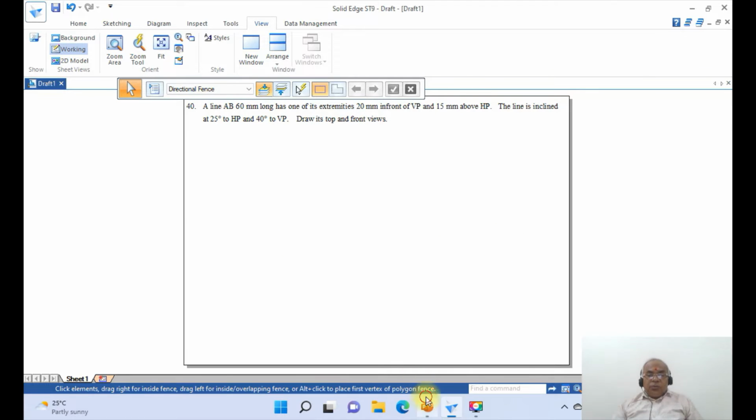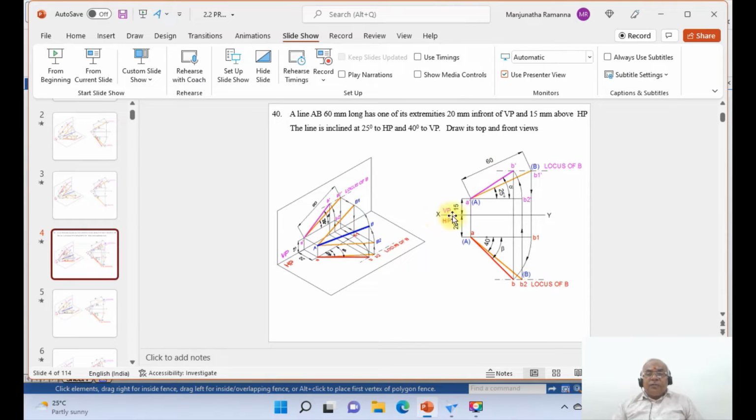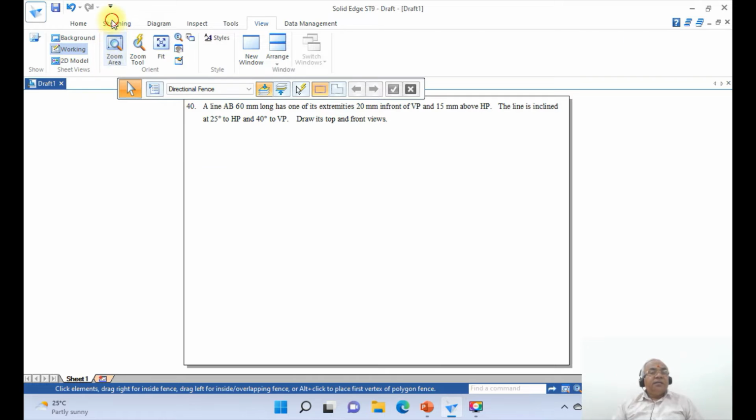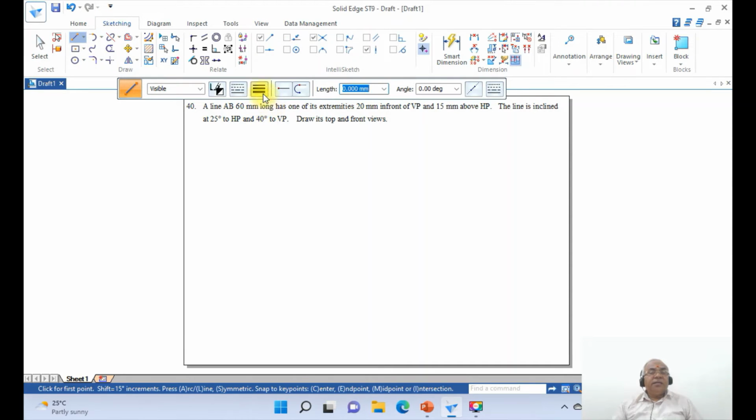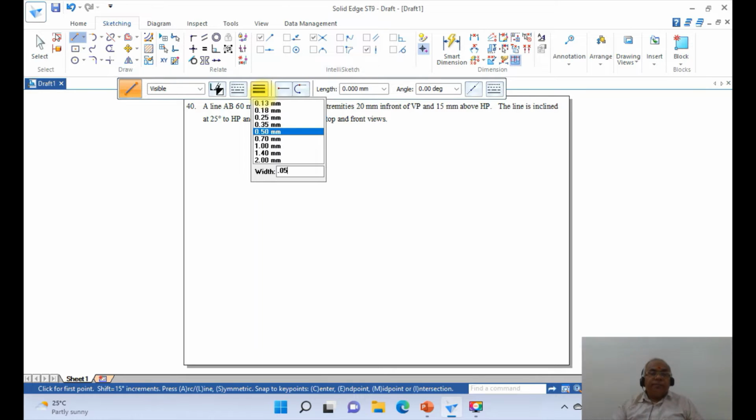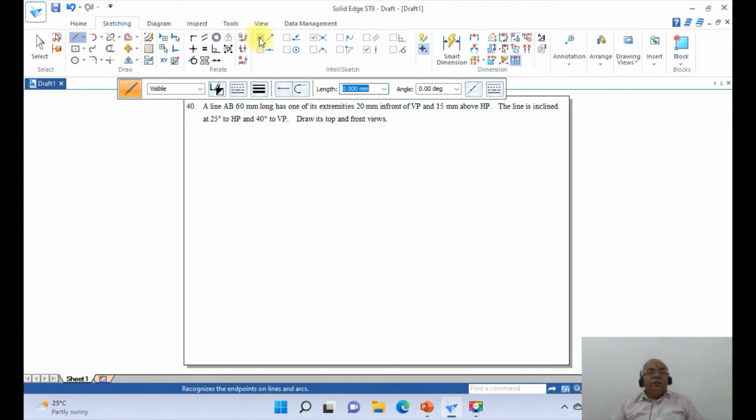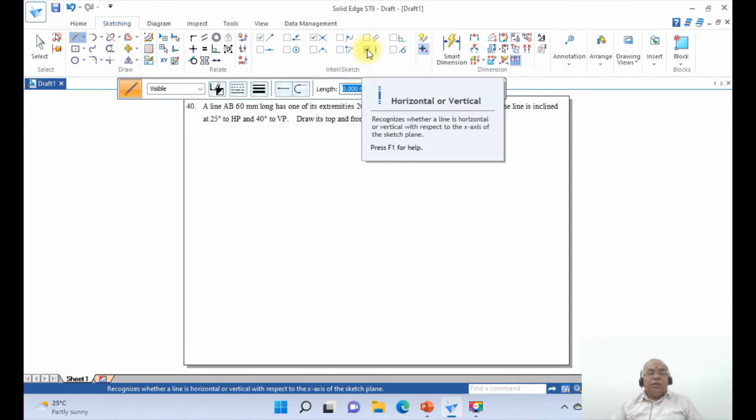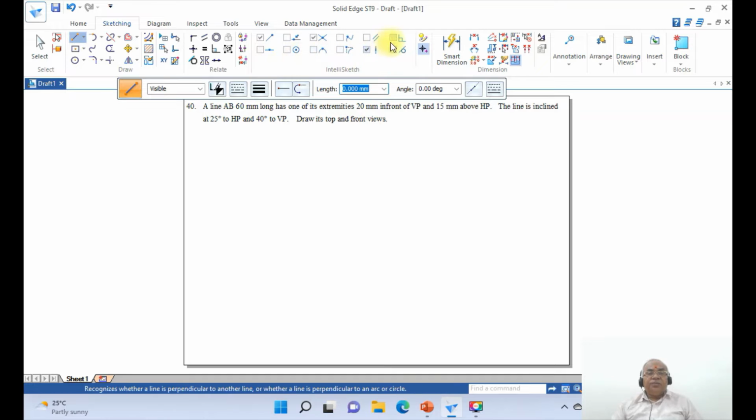So now we need to start with the problem. First we are going to draw the XY line and offset it by 15 and then 20. To do that, first we'll go for Sketching, come down to Line and take the line width as 0.05. Then enable endpoint, intersection and horizontal or vertical, and switch off the rest of the IntelliSketch options. In ST9, the display will be available right here,